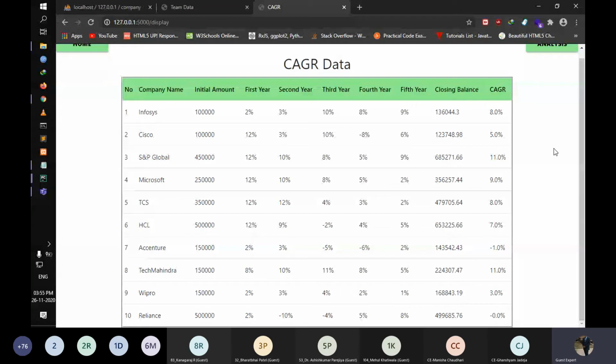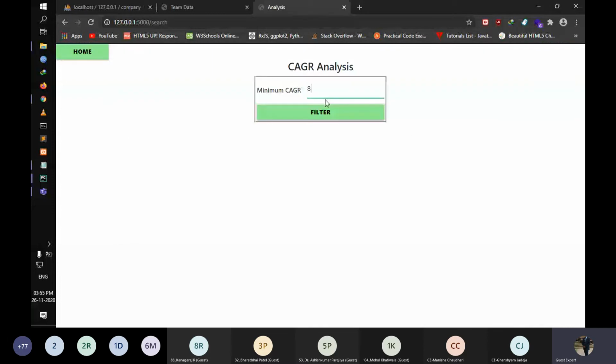We are an investment company searching for companies where the CAGR is 8% or more, so we are investing in those companies. We do the analysis, write down 8 percent and more, and just apply the filter.